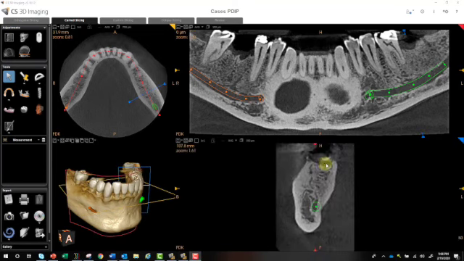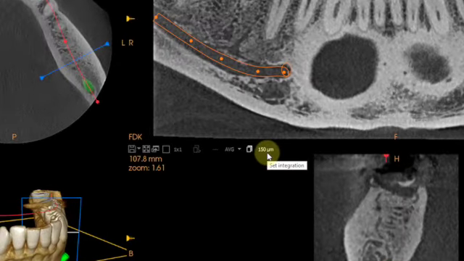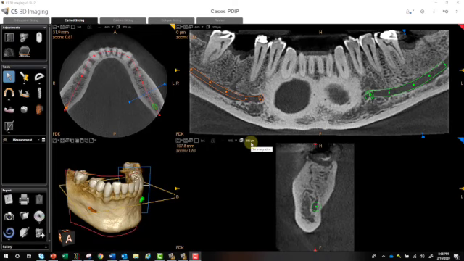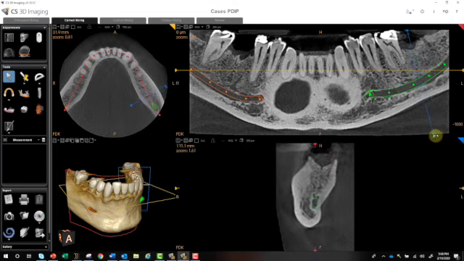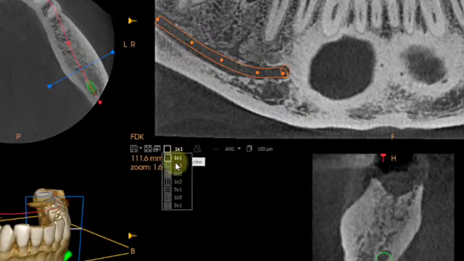And one more thing to be conscious of is you can see in my cross-sectional view, this is a 150 micron slice, very, very thin, obviously much thinner than the width of an implant. So you have to be conscious of what's happening to the mesial and distal of where you are. So for example, I have to do one of a couple things. So first of all, I can either go back and forth and evaluate the entire area for implant placement, or even better, I can switch this to a 3x3,